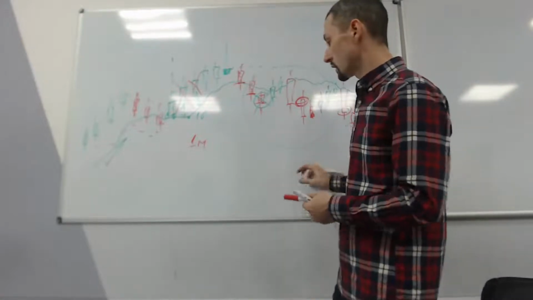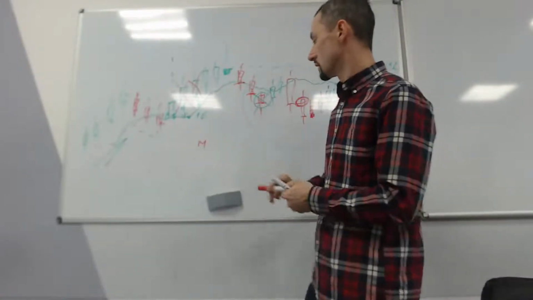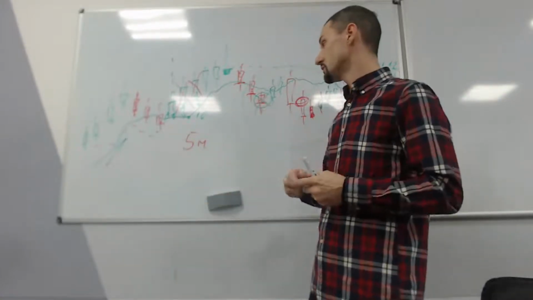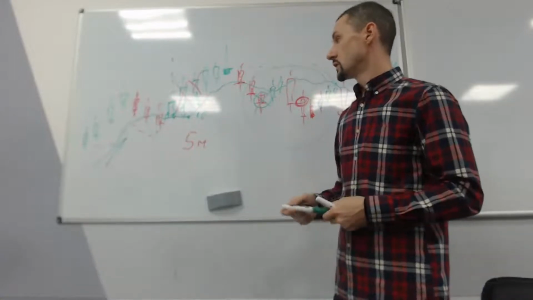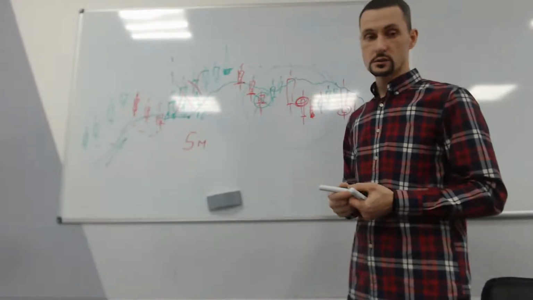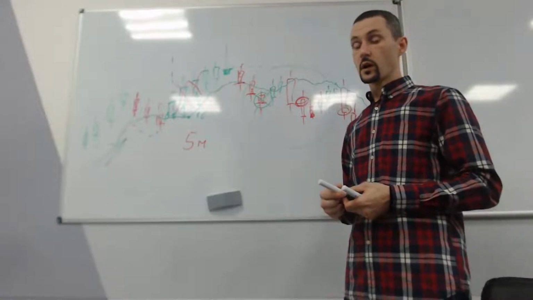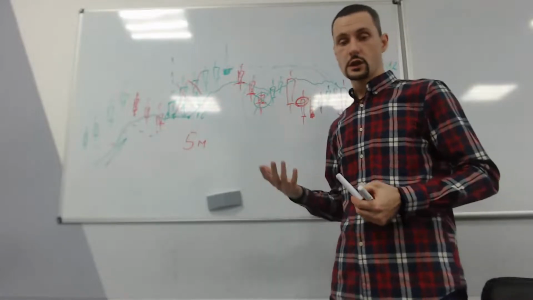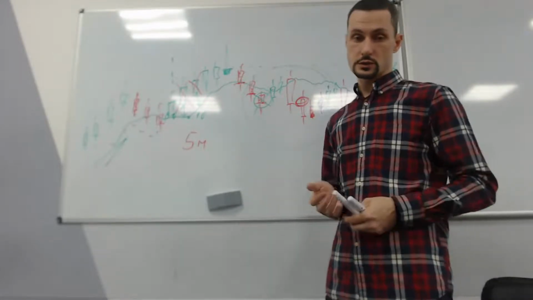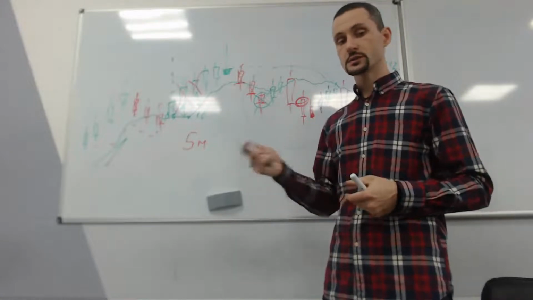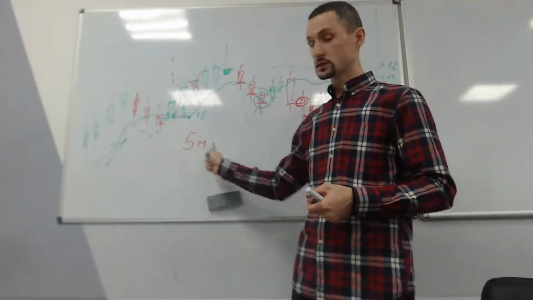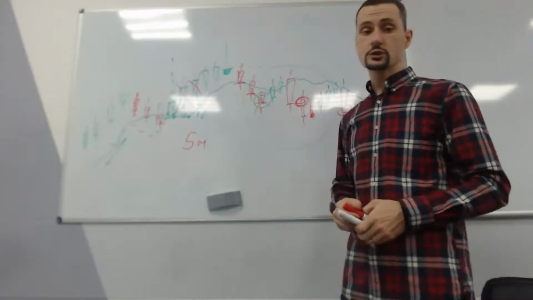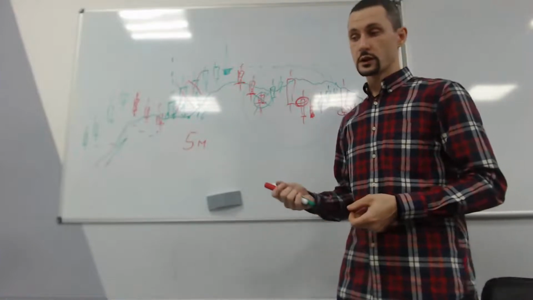If this is a 5 minutes candlestick chart, then 2, 3, or 5 candles are 10, 15, 25 or 30 minutes. Expiration time is considered and depends on the time frame. Don't forget that too. And the moving average helps us to understand where the trend